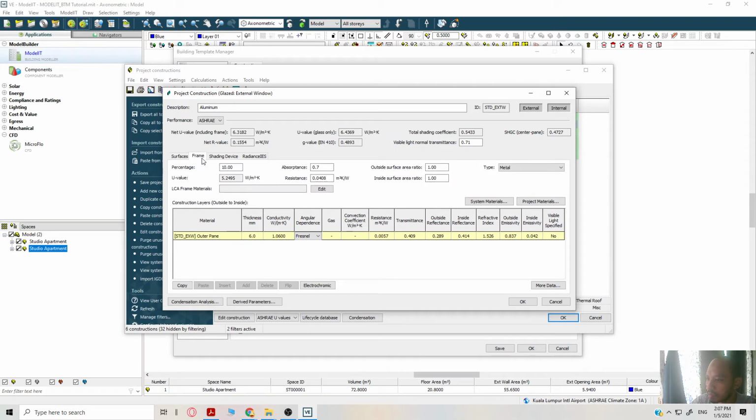Okay, let's go and look into the frame. Right now it's using metal. As you can see, this is an aluminium casement window, so change this to aluminium as its frame. And if you want to design a shading device outside, or put in a blind inside, you can look into the settings inside this project construction in the building template manager and go into